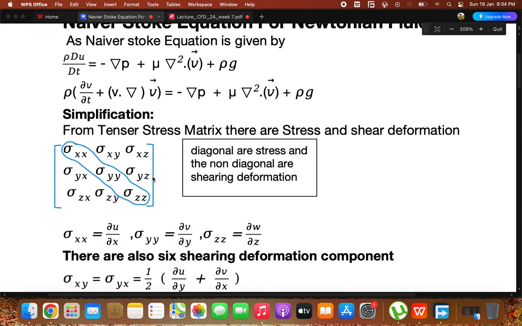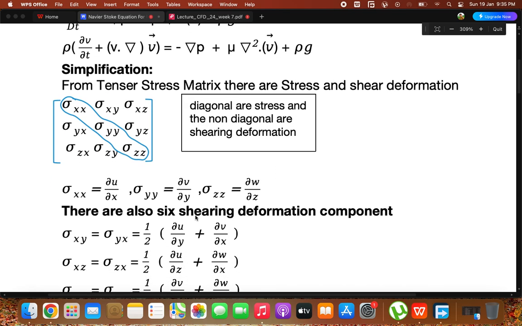We take a stress tensor matrix. The diagonals are the stresses and the non-diagonal elements are the shear deformation. Let's get started with the diagonal elements, the stresses. We can write sigma xx as partial u upon partial x. Similarly,